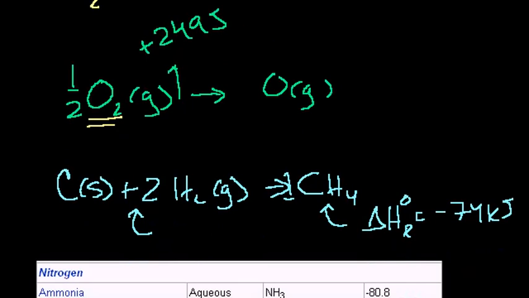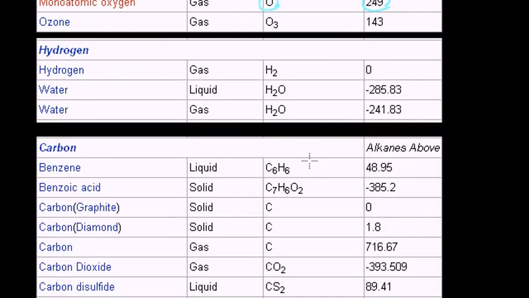Now, in the next video, we're going to use this table, which is a very handy table. I cut and pasted parts of it to actually solve problems. In this last video, I gave you the heat of formation, and we just thought about it a little bit. In the next few videos, we're going to use this table that gives us standard heats of formation to actually figure out whether reactions are endothermic, meaning they absorb energy, or exothermic, meaning they release energy, and we'll figure out